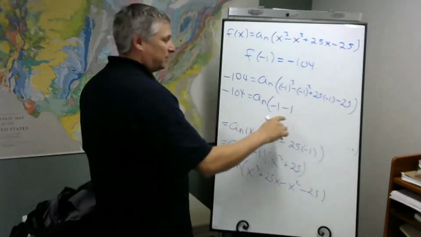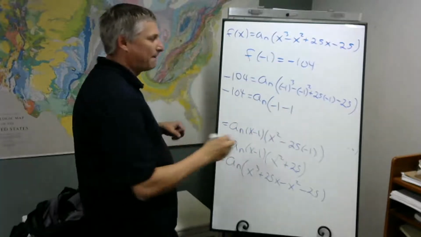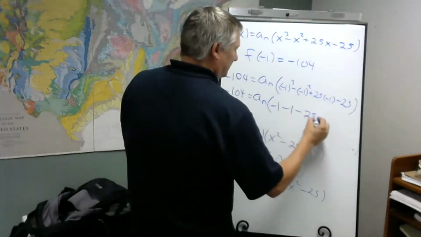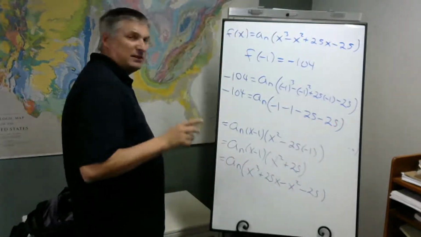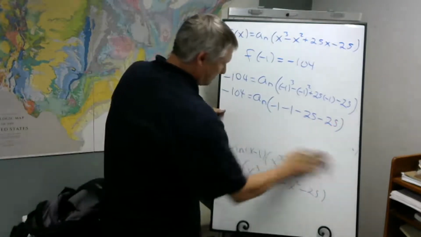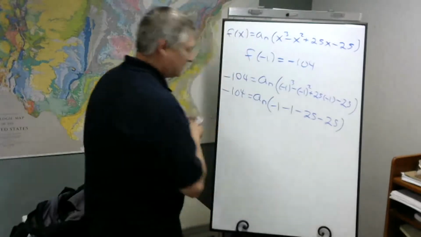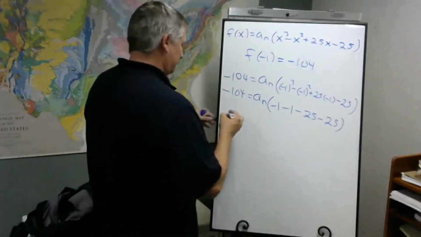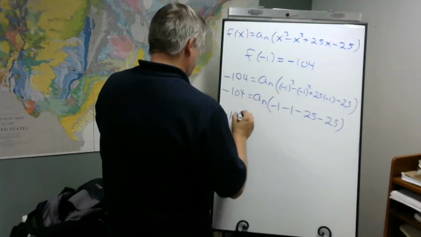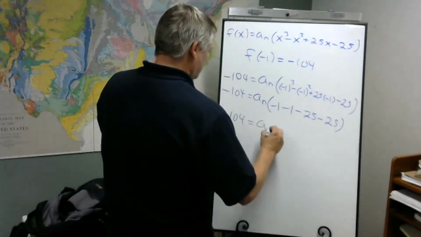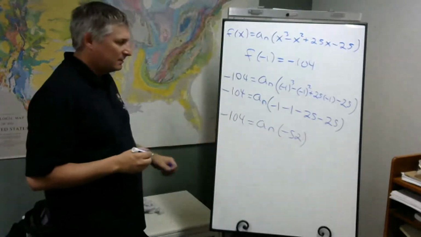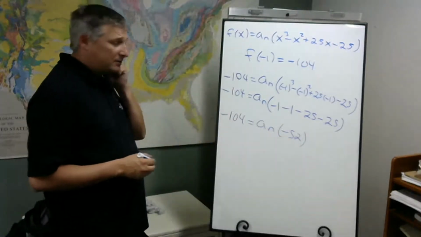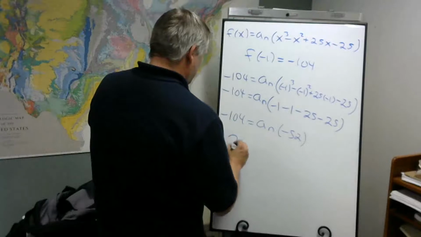That subtraction is still there, so you subtract positive 1. Minus 25, minus 25. And when you do the addition here, what you'll get is minus 52. Divide both sides by minus 52, you'll get 2